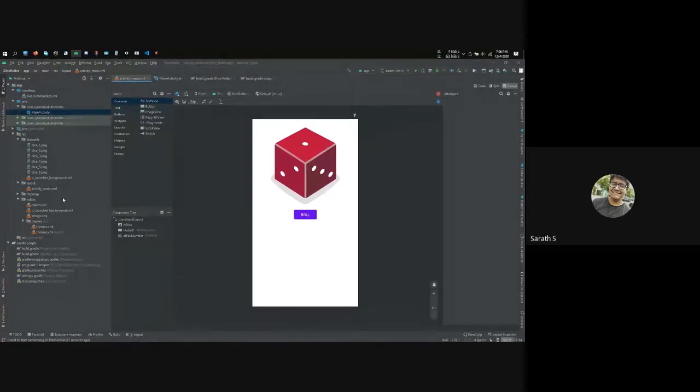As I said in the last session, all the layouts are kept in the layout folder under res. Res stands for resources. So this is the default activity layout that is generated by Android Studio. It's called activity main. So the layout name is activity underscore main, and all layout files are written in XML.